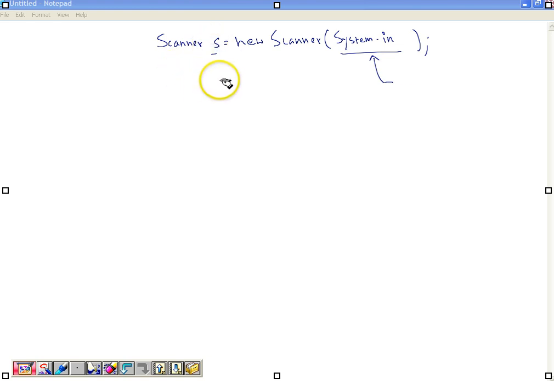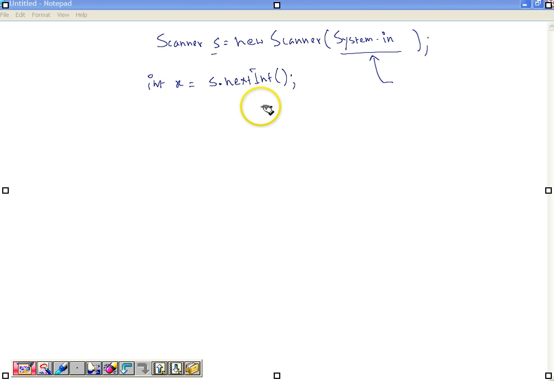Now if we need to take one integer, then we just need to call s.nextInt. Now this nextInt is a method that's going to take one integer from the keyboard. As soon as this particular line starts execution, the cursor waits in the input console for the user's response. So if the user now types in some integer value and presses enter, that particular integer value is returned in your program, and you can assign it to some convenient variable declared as integer, here in this case